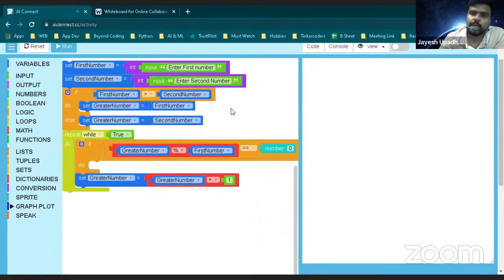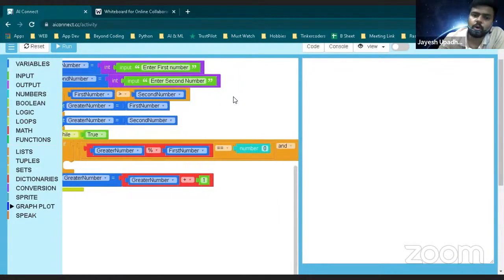Okay, and we have discussed there's one more thing called or. Very simple example: what will you prefer, coffee or tea? Coffee or tea means anyone, correct? So whenever we use or, in this one you will see or also. Or basically means if any one condition is satisfied, then also the thing will happen.